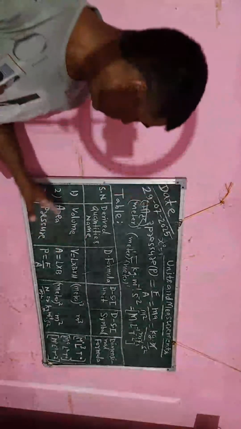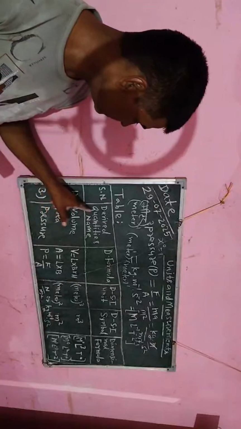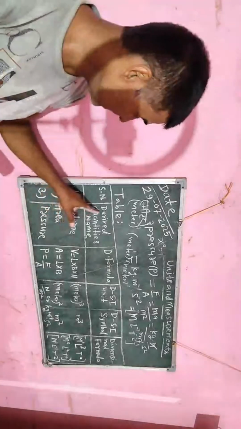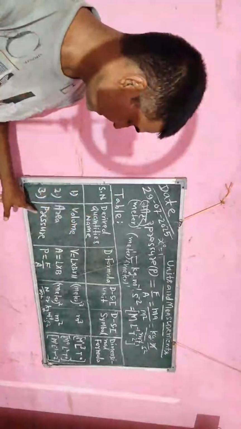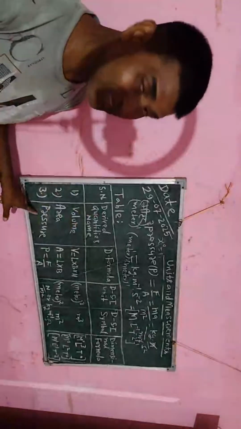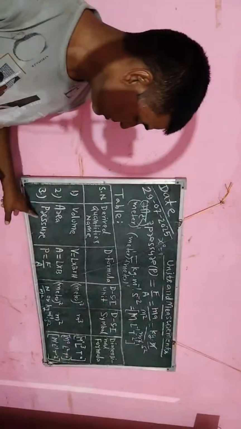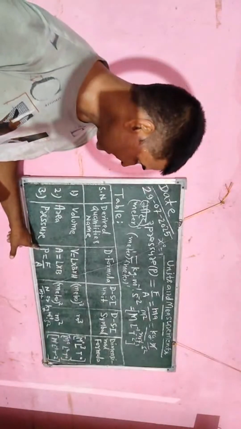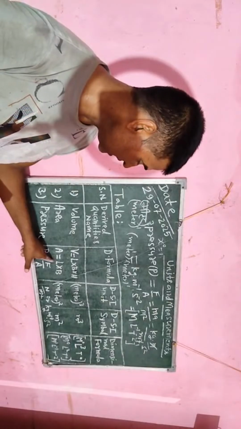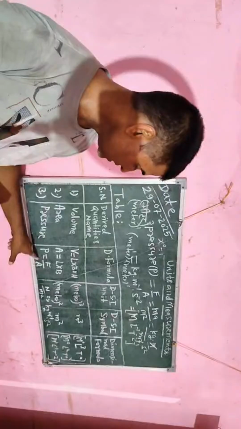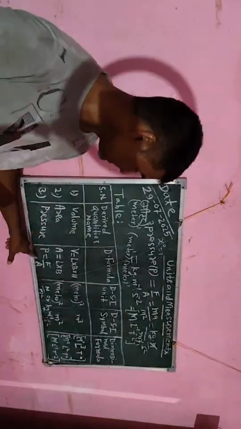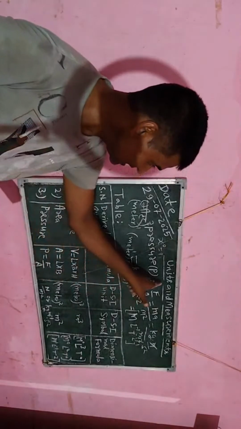ओके, यहाँ पर हम क्वांटिटी नेम लिए हैं, मतलब व्युत्क्रम राशि का नाम लिए हैं। राशि का नाम है प्रेशर। प्रेशर का हिंदी होता है दाब। दाब को पी से दर्शाया जाता है, और पी बराबर होता है एफ बटे ए। एफ बल को रिप्रेजेंट करता है, ए किसी एरिया को रिप्रेजेंट करता है।